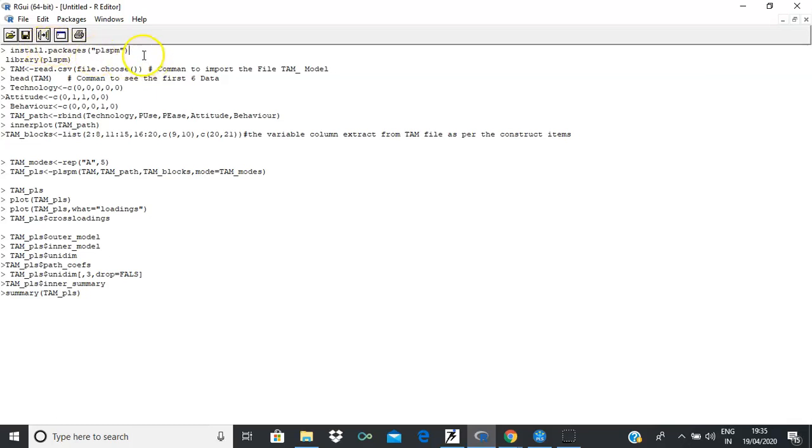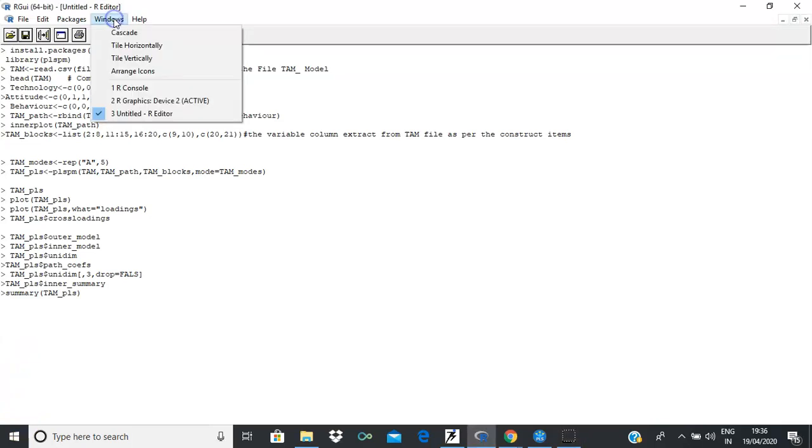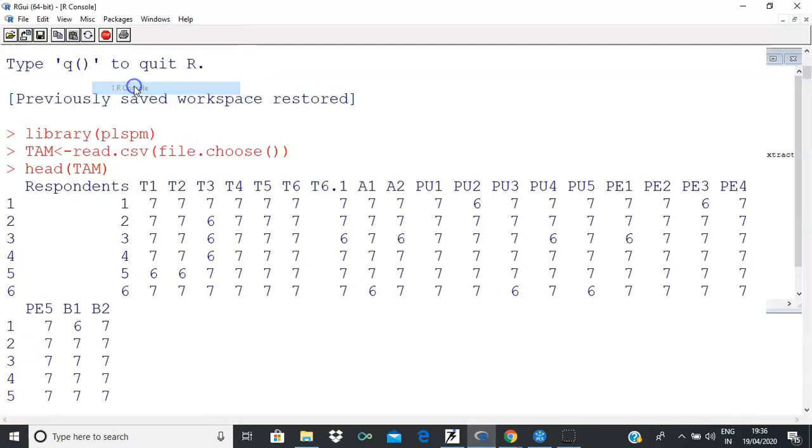By executing this you can download the package in R. Once you install the package, you can call it through the library, and now let us see how we go about the execution. Once you call the library plspm into the console,